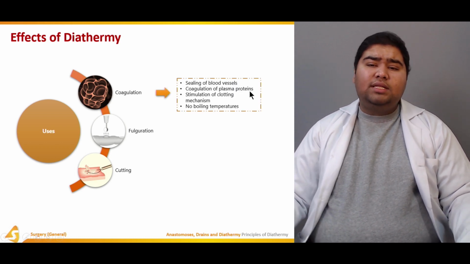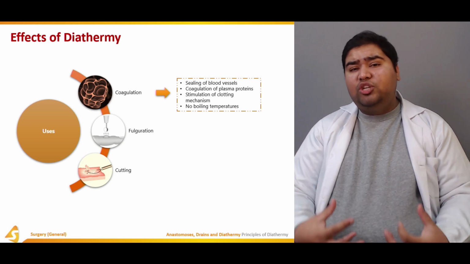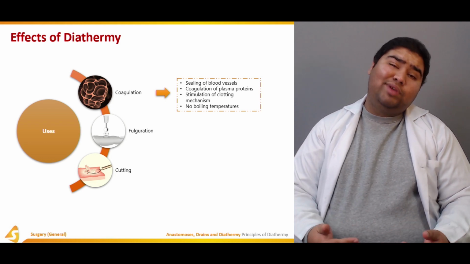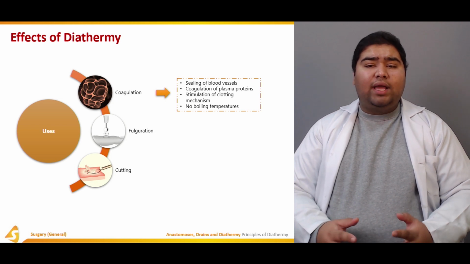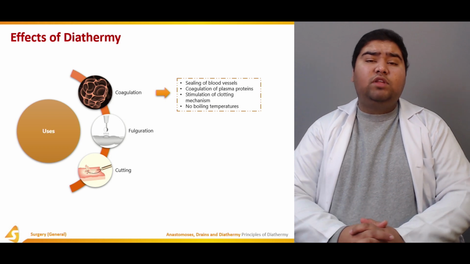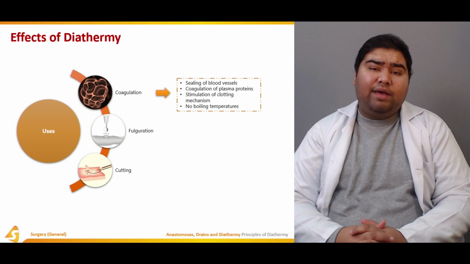So in coagulation, there's sealing of blood vessels. So there's rapid denaturing of proteins. This rapid denaturing of proteins due to heat results in sealing of the blood vessels. There's coagulation of plasma proteins itself. There's stimulation of the clotting mechanism due to damage to the vessels. However,